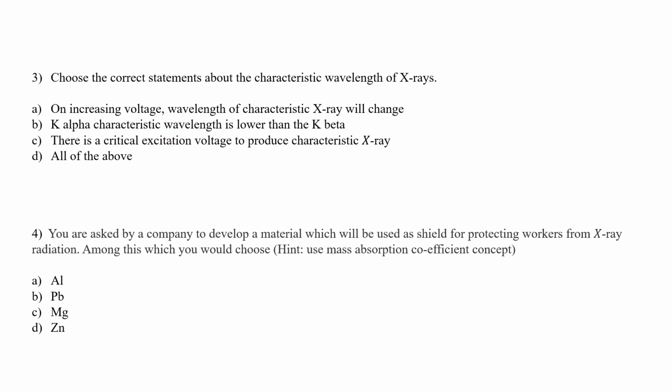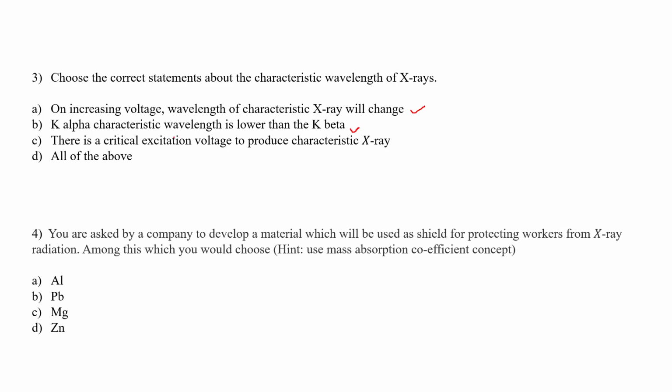The third question says choose the correct statements about the characteristic wavelength of X-rays. This you all should tell. Option 1 says on increasing voltage, wavelength of characteristic X-ray will change. This statement is completely correct. Option B says K alpha characteristic wavelength is lower than the K beta. This statement is also correct because K alpha is generated when your electron comes from the L shell to the K shell,